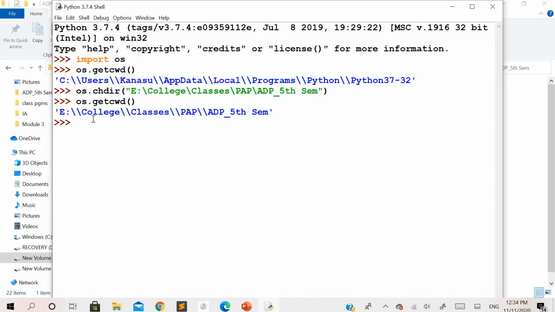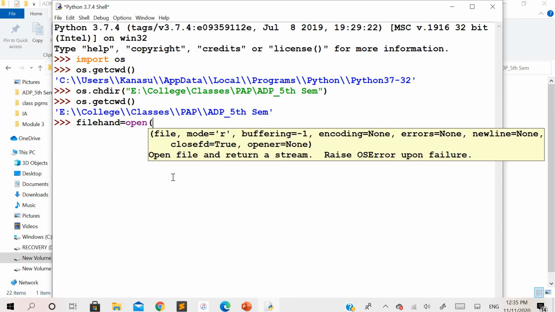So in this I want to open a file now. How to open a file: you have to use one variable name, which is going to be considered as a file handler here. So file_hand is equal to open. The name of the method to open a file is open, to which you have to pass the path of a file which you want to open here.